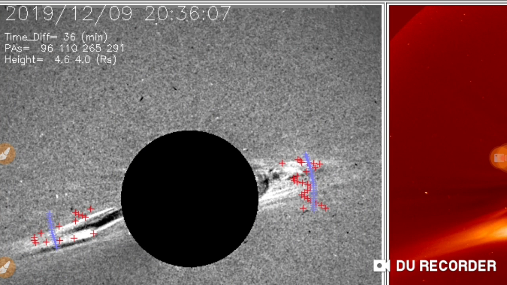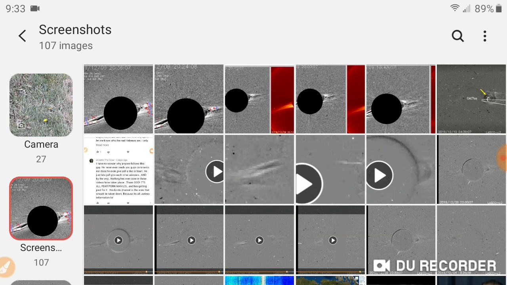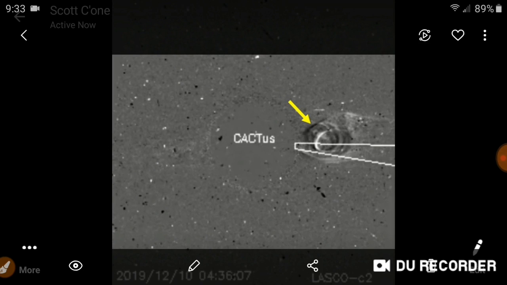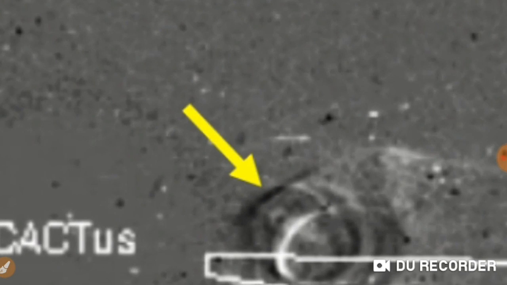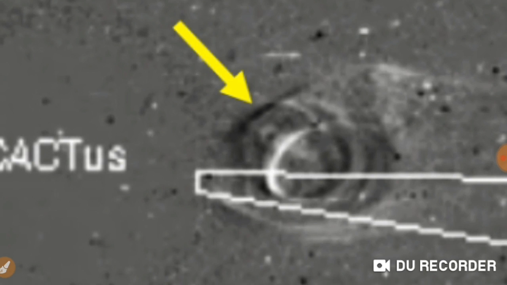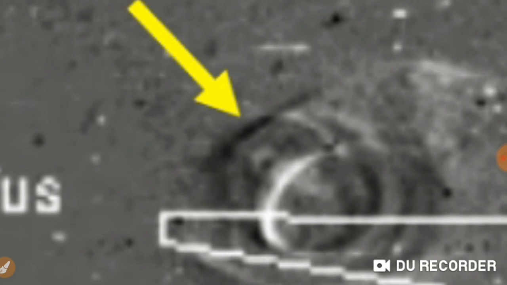Now, what do I think is going on here? Again, I think that our object is coming up from the backside of the sun, and it's causing these reactions. Also, we've seen multiple objects, because this is CACTus. That's what Scott caught the other day. Now, you can see right here that I do think there's more than one object right now. If we zoom in,